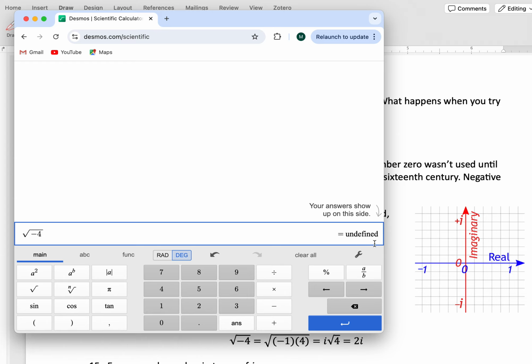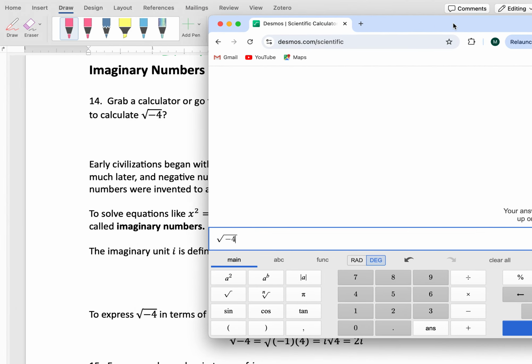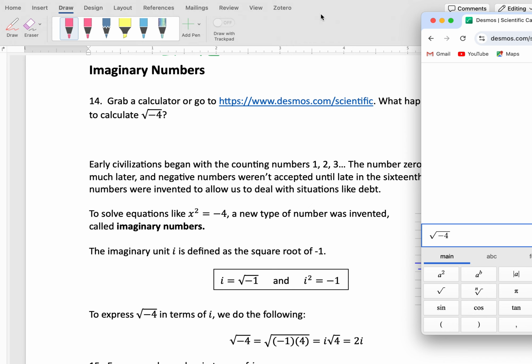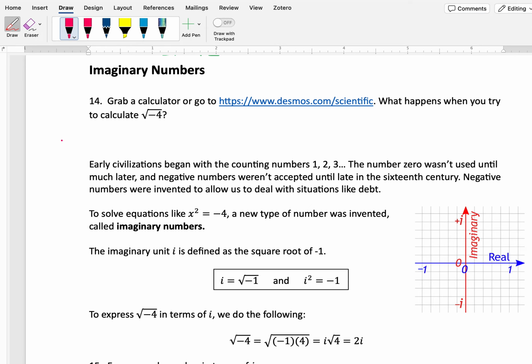This calculator says undefined. So various calculators will give you various different types of error messages, but it will give you some sort of error, undefined message that tells you that it can't do it. It's not going to give you a nice number answer. So this was